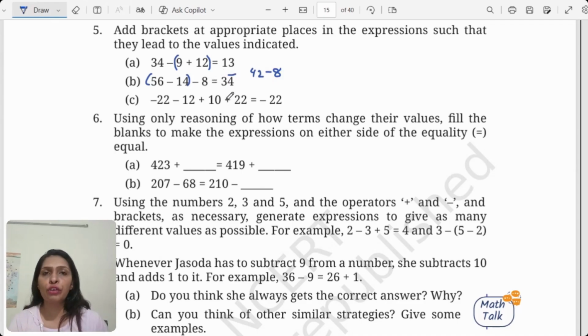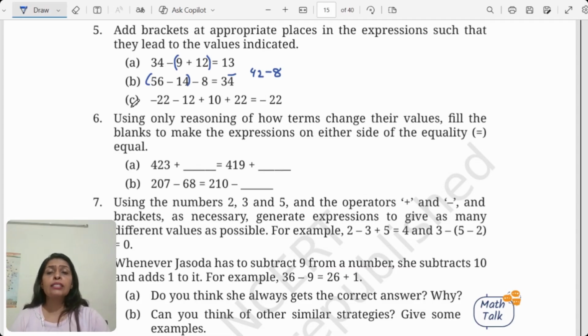So my suggestion to every one of you is: don't get disappointed if in one case you are not getting the answer. The second suggestion is that after putting the bracket, even if you felt the bracket should come like this, always check your answer. See, I did not just put the bracket. After putting the bracket, I double checked whether the brackets are working well or not. So that is very, very important. Don't put the bracket just because you felt it that way, right? This is the beauty of math, that we can always verify the answer.